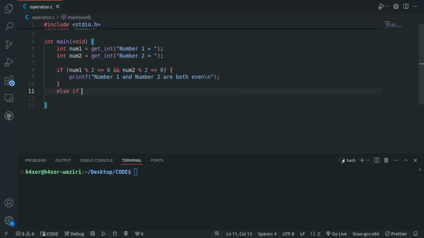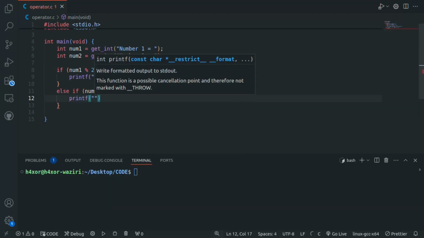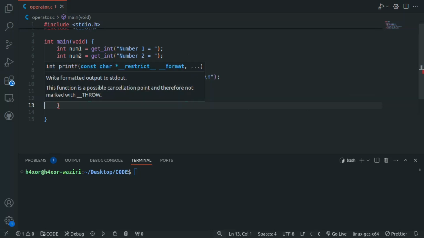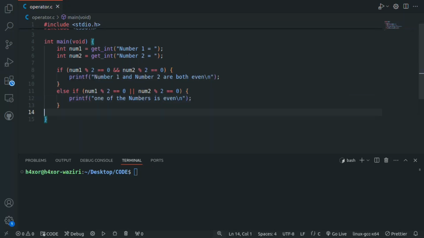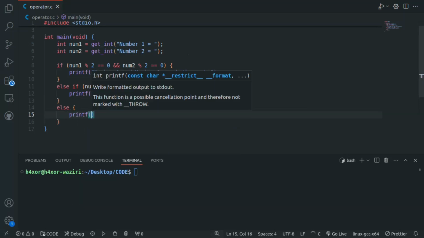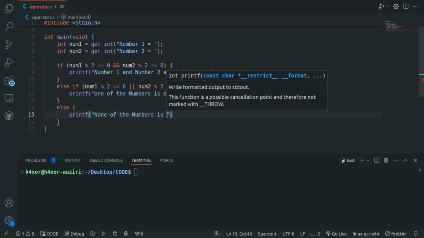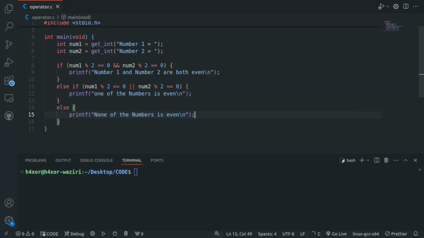Else if, inside parentheses, num1 % 2 == 0, two vertical bars or the OR operator, num2 % 2 == 0, inside curly braces printf("one of the numbers is even\n"); At the end, else inside curly braces printf("none of the numbers is even\n");